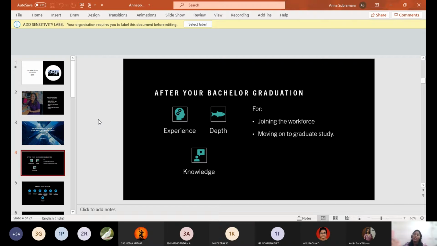But touching base on graduate study, I really want to tell you what opportunities you get after your graduate study. So we are doing a bachelor's in computer science. Just consider my case. I did my bachelor's in computer science, where I had a few areas that I wanted to explore, like cloud, and I also wanted to explore programming. I was juggling between the cloud and programming, and I was not sure which area I should step into. But when I did my master's, I practically worked on that.